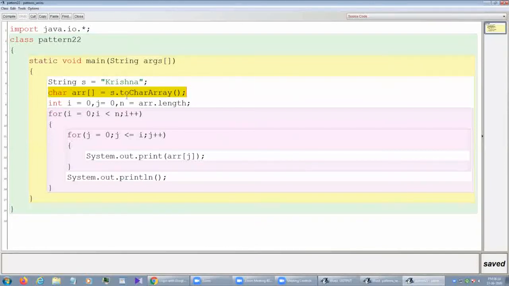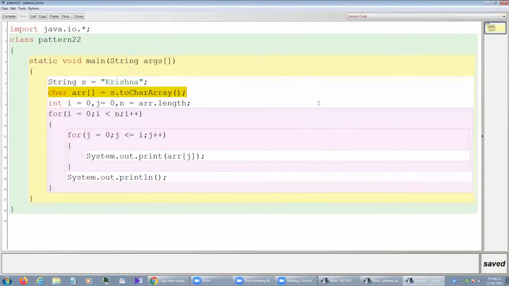No, it's only for string to character array. That means if you want to convert any numeric value to an array, then we cannot write like this. Suppose int s equals 12345. We cannot write s.toCharArray(). We can find the character array in the case of a string only. If we want to do it with an integer value, you have to convert it to the respective string by using Integer.toString().